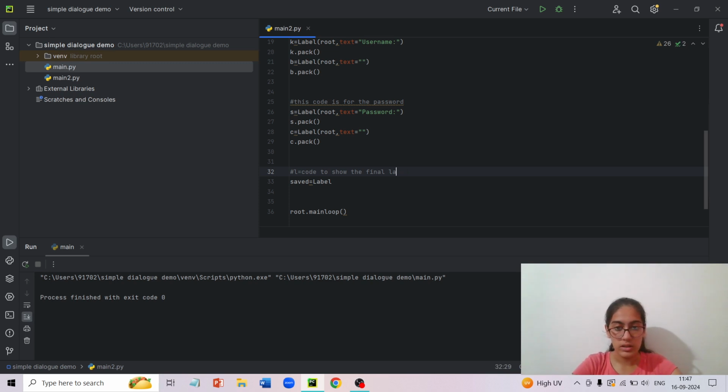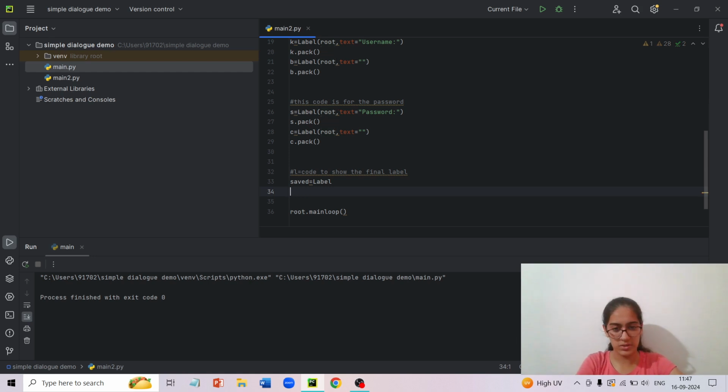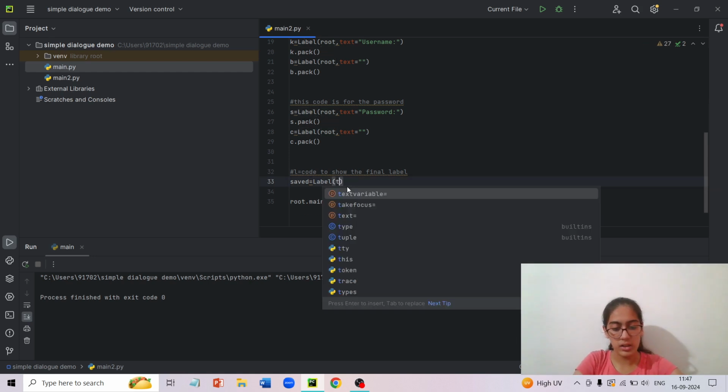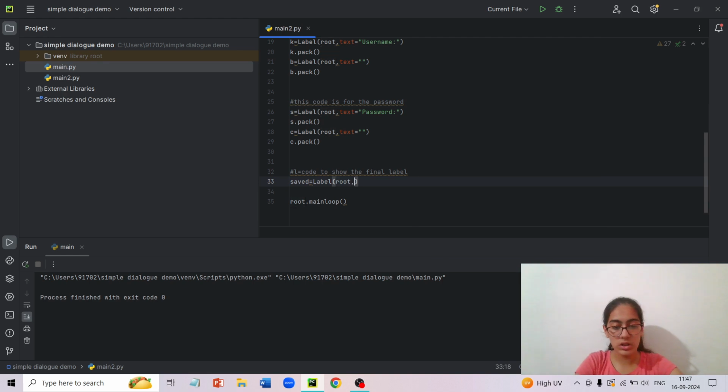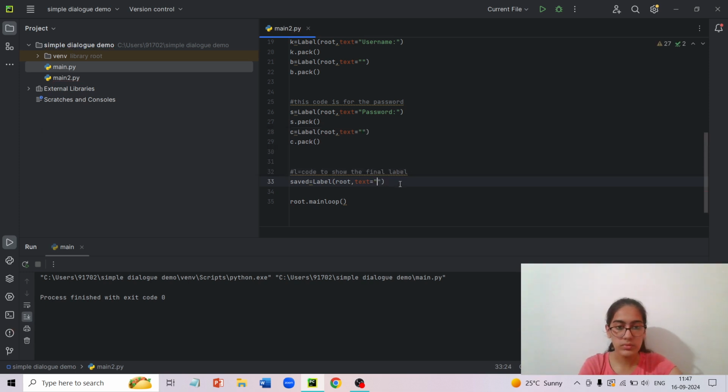So saved equals label bracket root, so the container is the root, comma text equals to empty string for now, and saved dot pack, of course.